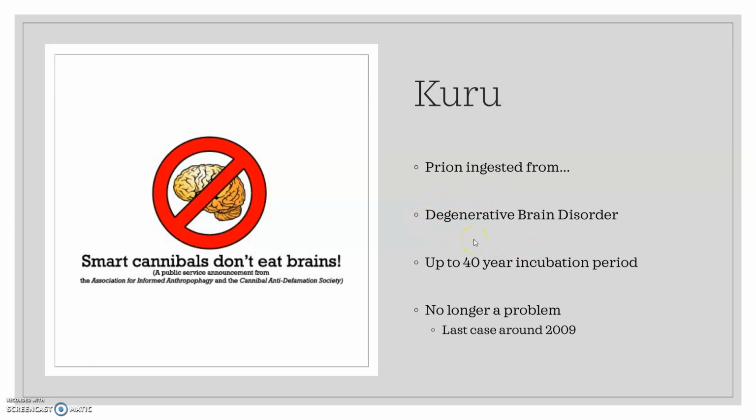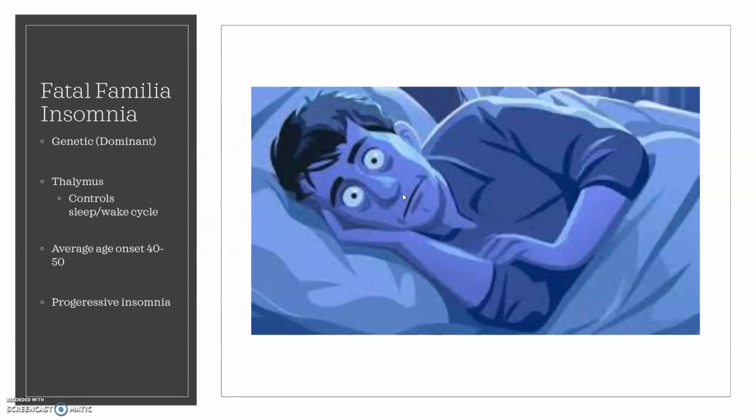Oh well. But what really got me going on this lesson today was a disease I wanted to talk about, but it was genetic. So this is a genetic form of a prion disease. And it wasn't until today that I realized that it was a prion disease. I thought it was just a genetic disorder. But it's kind of insane. It's called fatal familial insomnia. So it's a dominant disorder. It's a genetic dominant disorder. And since this prion is a protein, we can trace it back to the genetics. So you would figure that there could be some genetic disorders associated with this protein, and there certainly is. So fatal familial insomnia,